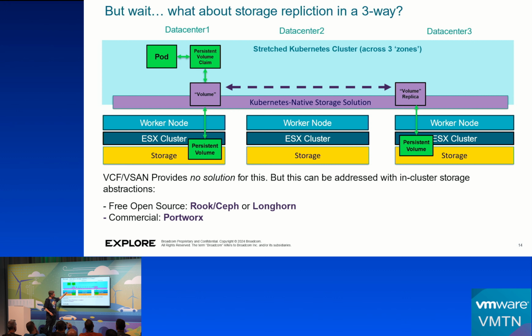But if you do three-way, if you want to make that cloud-native availability model for the app, you have to then also do something about the storage. Or you can say, well, the application owners or the developers need to deal with state. That's nice in theory. In reality, many developers are not there yet, and they probably never will be. So we're going to have to solve this, as usual. But this is kind of what you'd want, right, at that level.